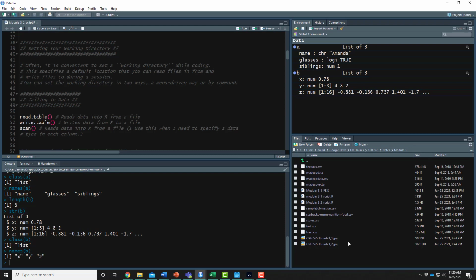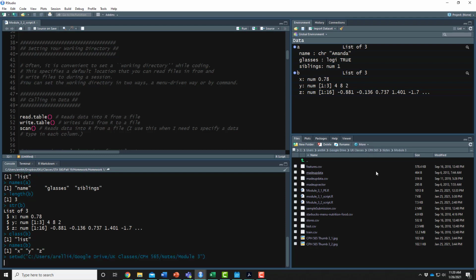Once you have navigated to that folder you're working out of in this window, the easiest way to set your working directory is to click down on this More and just click Set as Working Directory. Notice what that does is it auto-populates a piece of code here in the console, and it automatically runs it. So now my working directory, the directory that R knows to work out of, is this folder. The other way that you can do this, if you want to do it just by command, is simply